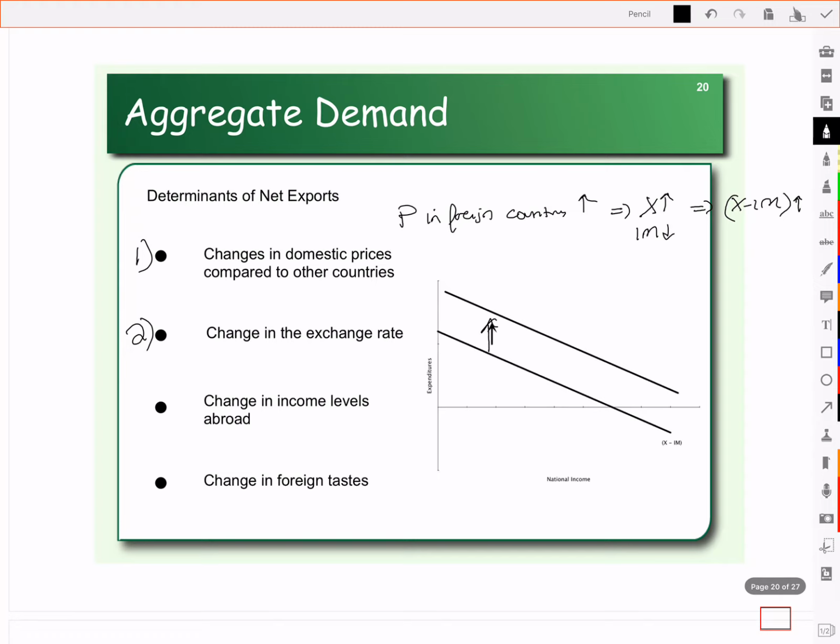And that's going to then shift up the net exports function. The second thing that would change net exports is a change in the exchange rate. So let's assume that the Canadian dollar strengthens. So if the Canadian dollar appreciates or strengthens in value,